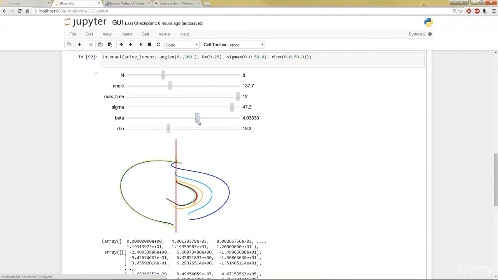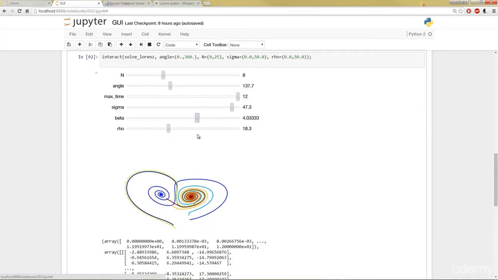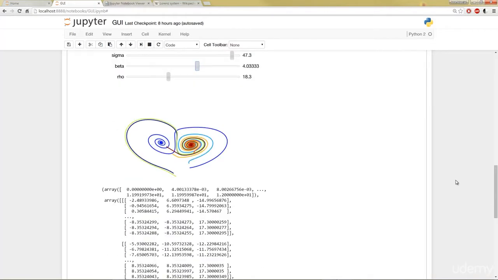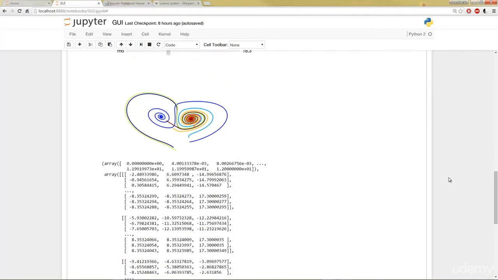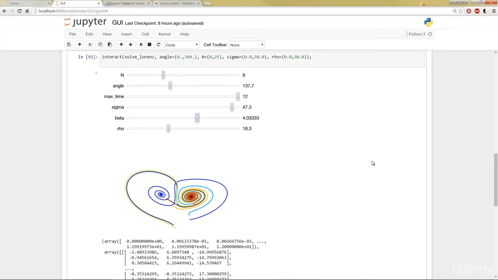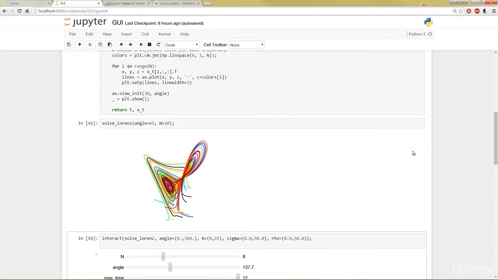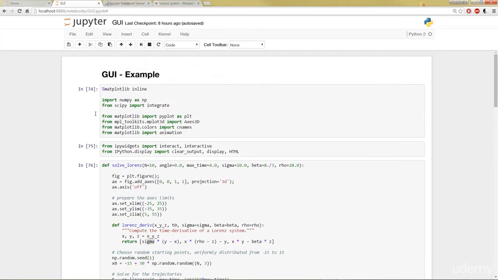Okay, so I hope this gives you a good idea of the power of widgets, and hopefully you've started to think about if these are useful to you, maybe in a work setting or in a hobby setting, how you would use these widgets on your own. Maybe you have some sort of task that coworkers do every day that you'd like to automate. You might just make a widget for them to fill stuff out and see the results. You never know. But hopefully you've seen the power of GUIs, at least the ones that are available in Jupyter Notebooks. It takes a long time to learn how to use these widgets really effectively, so take your time when